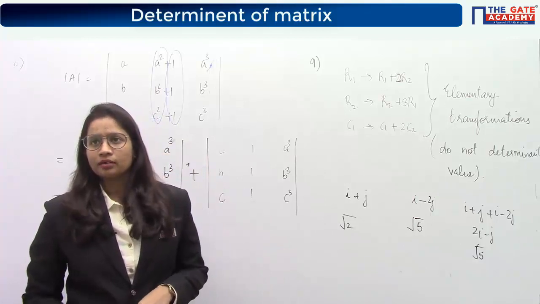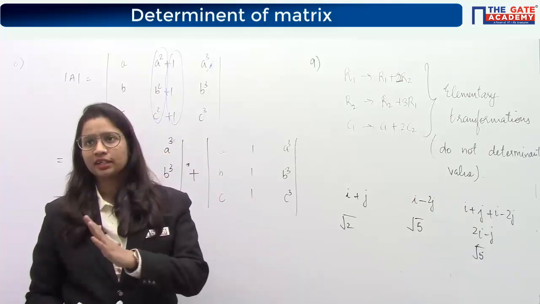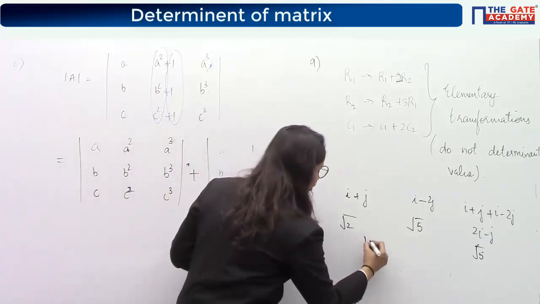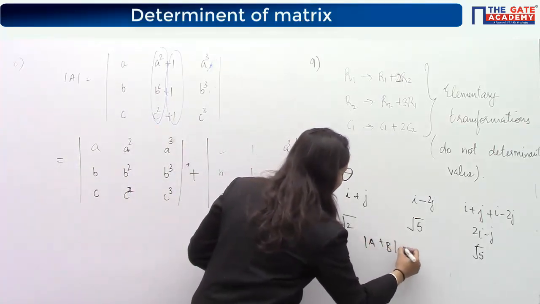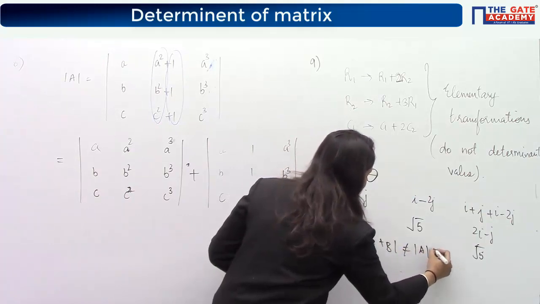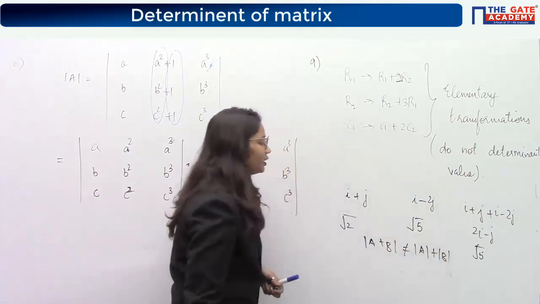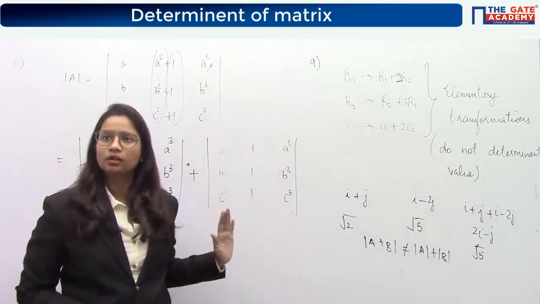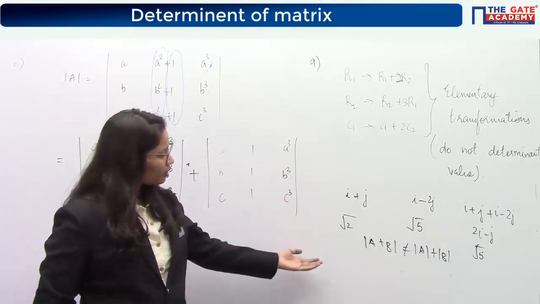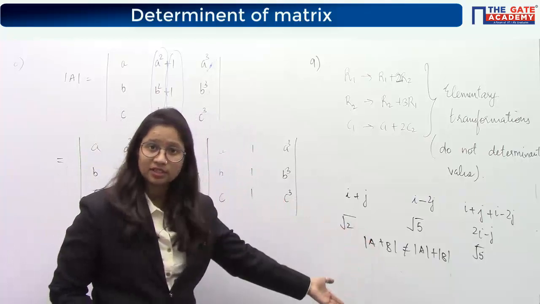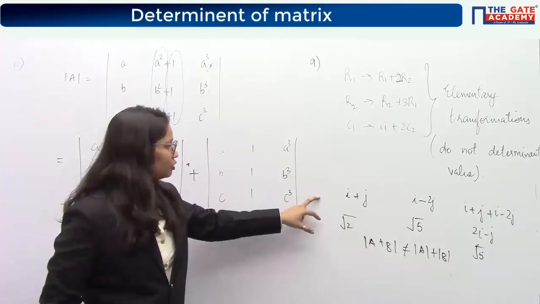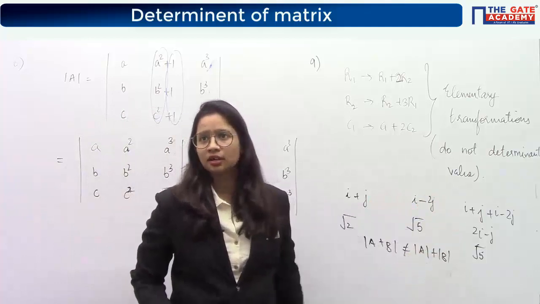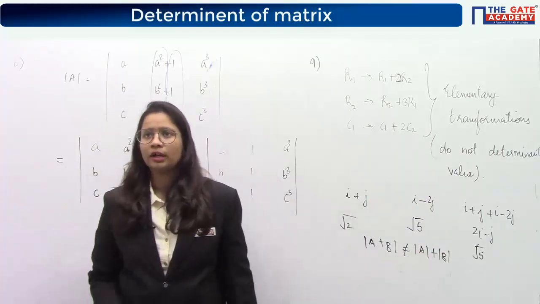Okay. This is a property of determinants that will come later on: if you have the determinant of A plus B, you can't directly say it is the determinant of A plus the determinant of B. You can't use the property like this. Okay, there is no property like this. They are not equal because these determinants or these matrices are nothing but vectors. So the magnitude of vectors, you can't directly add them. It will not give you the magnitude of the addition vector. I hope you are able to understand.